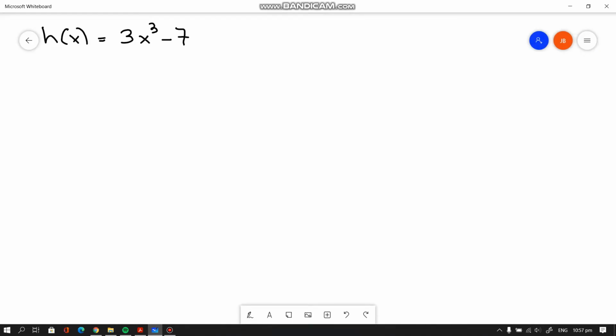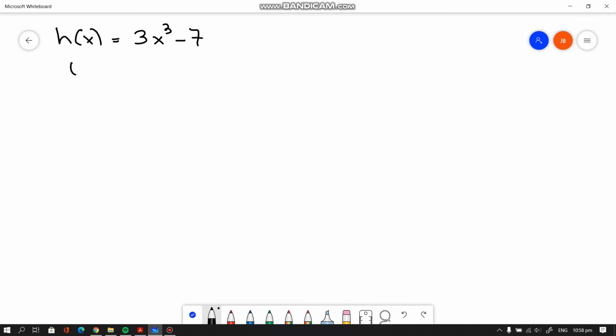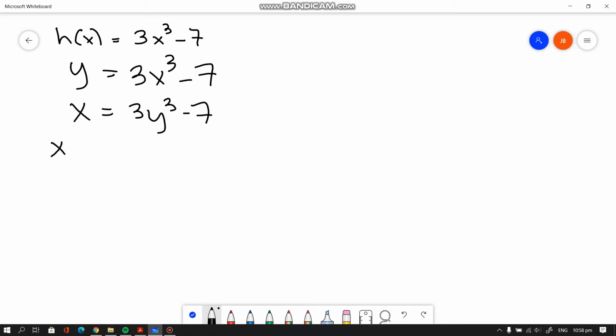So, h of x is equal to 3x cubed minus 7. Again, to determine the inverse, what we do is to rewrite this as y equals, again, y equals, and then interchange the variable. So, yung y magiging x, yung x magiging y. Transpose natin yung constant na negative 7. Kakaroon tayo ng plus 7 sa right side or sa left side. Divide natin both sides by 3